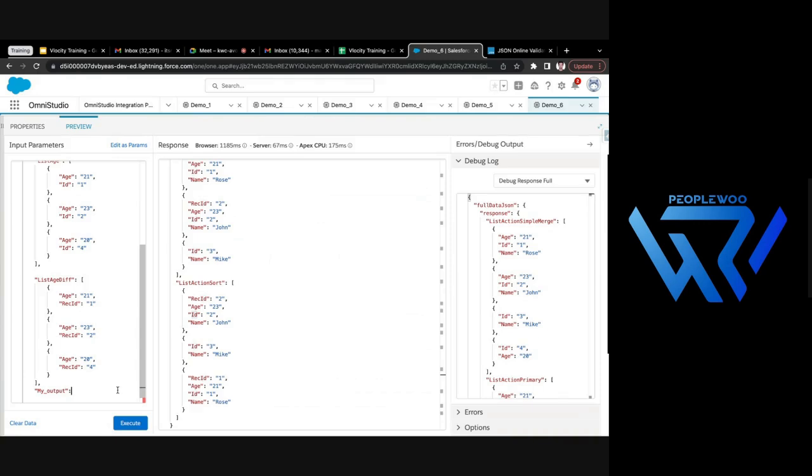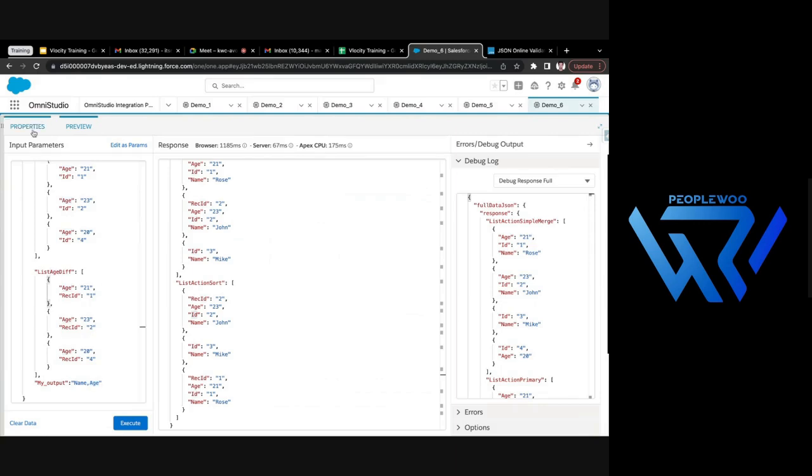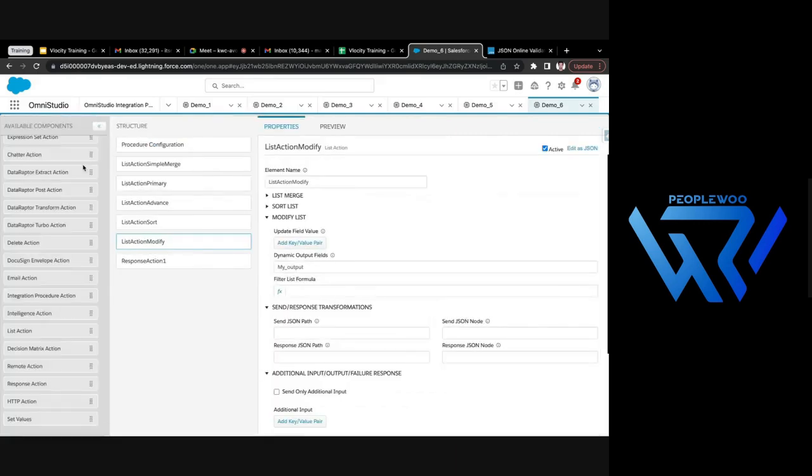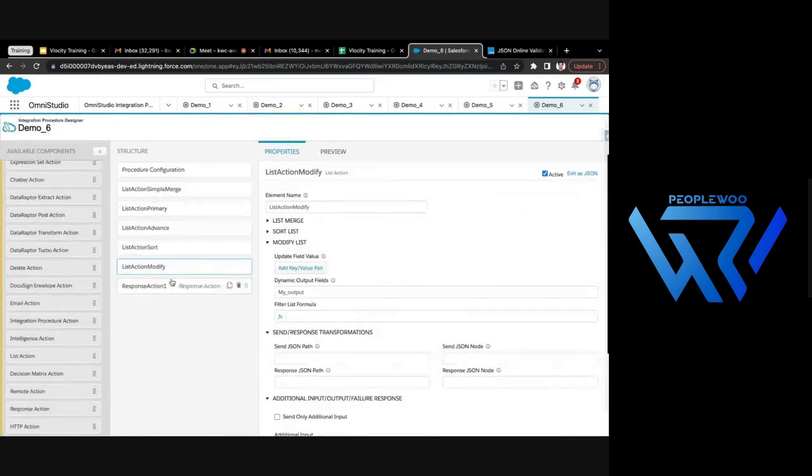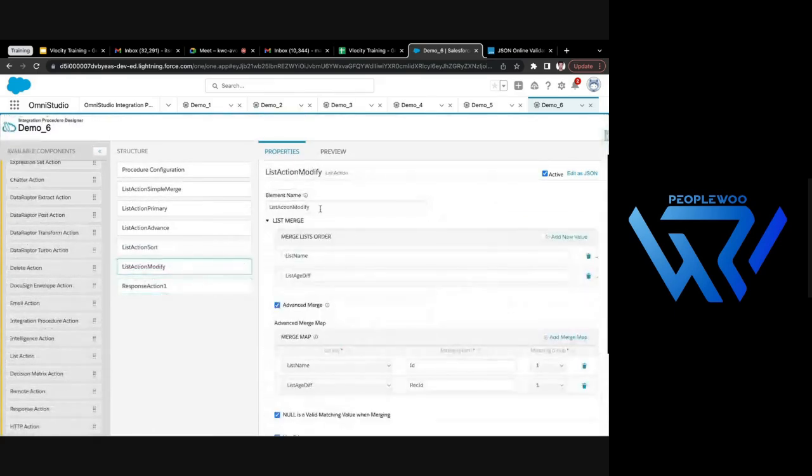Okay, so for example, I want name comma age. So what I'm trying to do here, I'm just giving the input to the integration procedure, and I'm saying that just show me the name and age. Okay. So let's see. I go to properties. I have given the same output here. So if I add this list as well in our response section,